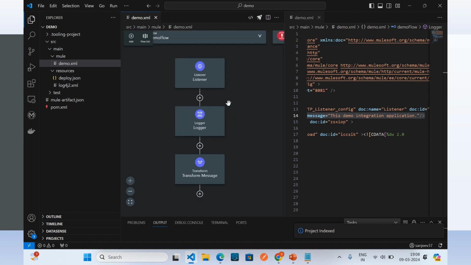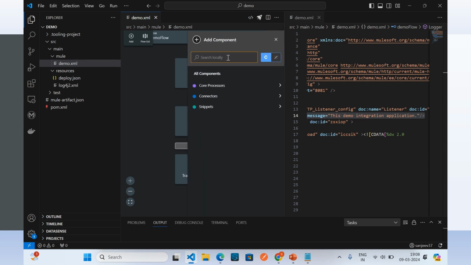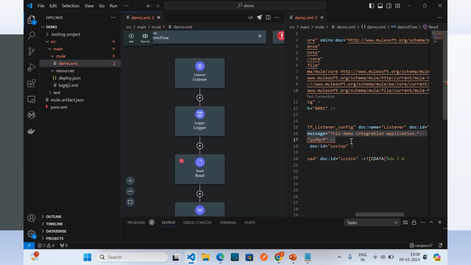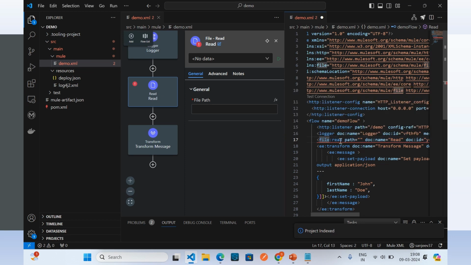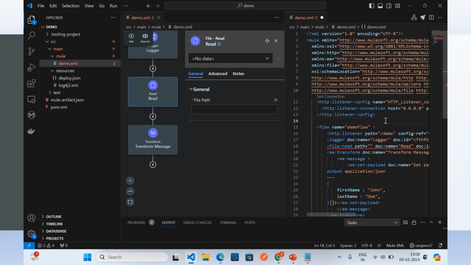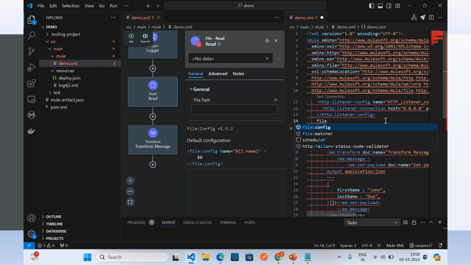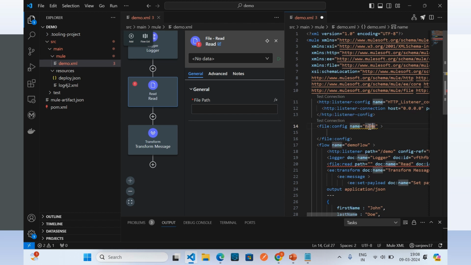For example, if you want to read a file, after the logger, I will read a file. Plus sign, I will search for file, and I will click the read operation. This is the file read operation got added in the flow. I will go to the top above the flow, and here I will add the file configuration. So I will write file, I will select file configuration, I will say file conf,